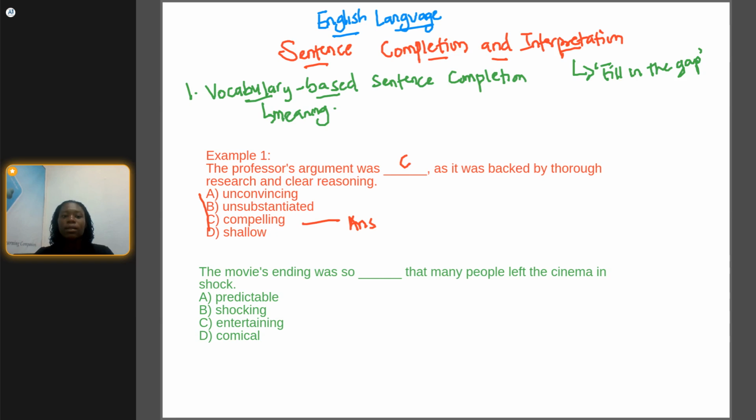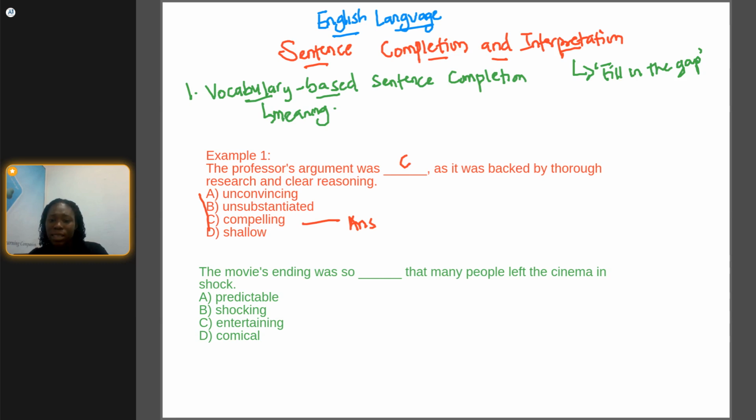So we go back to the sentence. The movie's ending was so dash that many people left the cinema in shock. Why would people leave the cinema in shock? Would they leave the cinema in shock because the movie was predictable? Again, I mentioned that context is very important. If the sentence was about the movie's ending being so dash that many people left the cinema, and the sentence ended there, then maybe predictable could have been the most appropriate answer, because once some people see that they can predict the ending of the movie they're watching,